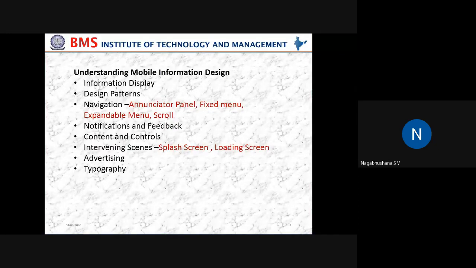Again, if I click on K11, I will have K111, K112, K113. So you are going deeper and deeper. That is expanding, just like a tree structure. You can keep on expanding to wherever the options are available on the mobile device. Next is scroll.